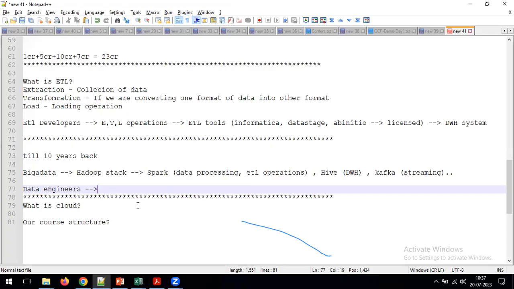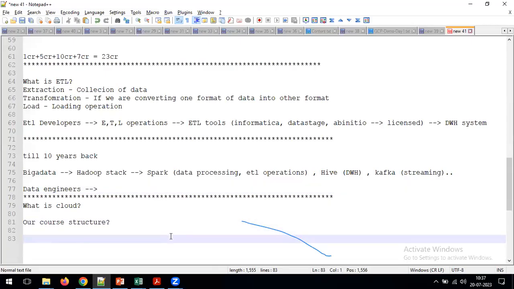Hello, sir. Yes, sir. Could you explain the difference between a data warehouse and a database? Actually, after 15 or 20 minutes we are going to discuss a topic on database, data warehouse, data lake, and delta lake.